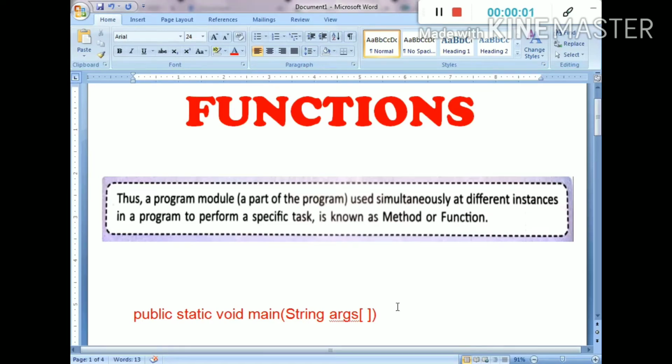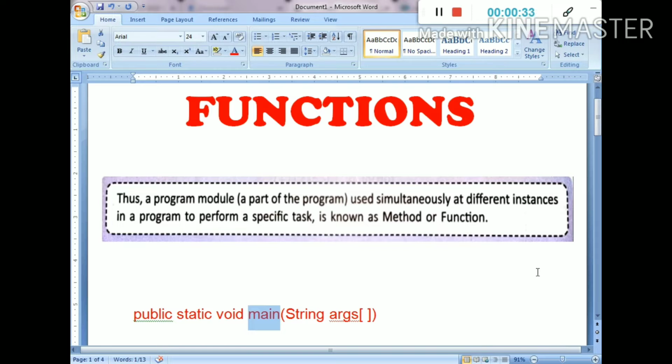Okay, today I'm talking about functions. We already know that main is known as a function. So what is the use of main? Inside of main, we create variables, we accept values from the user, then calculate as per rules and criteria, and finally print as per the user's choice or as per given instructions.